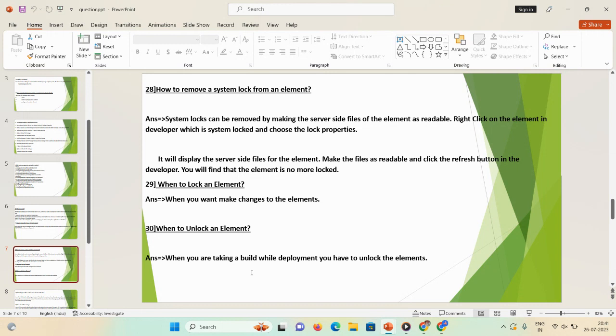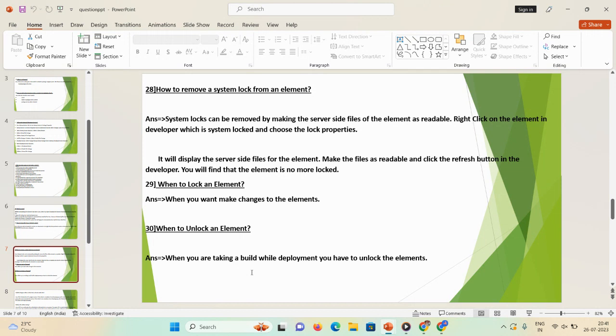Let's say you are deploying code from one environment to another with the help of the deployer option, which is available on the integration server admin page. In that case you need to create a build. You need to select your package services as well. And let's say you have locked a particular service. In that case you face some challenges deploying the code. So before that, you need to unlock the particular element, particular service, particular document.